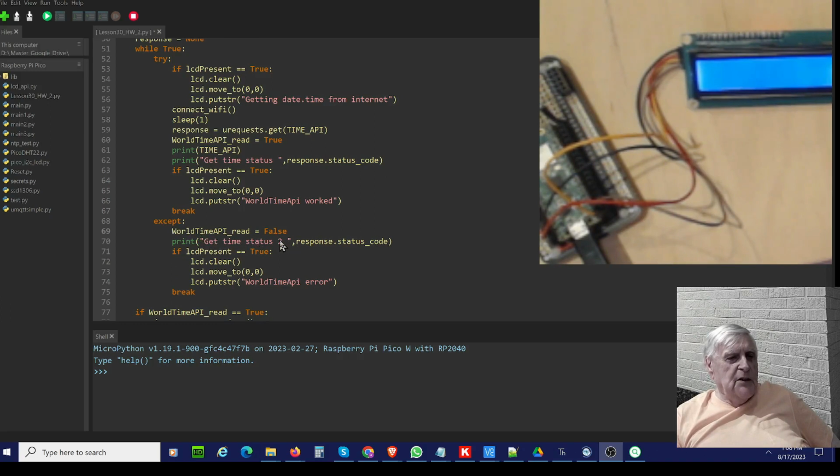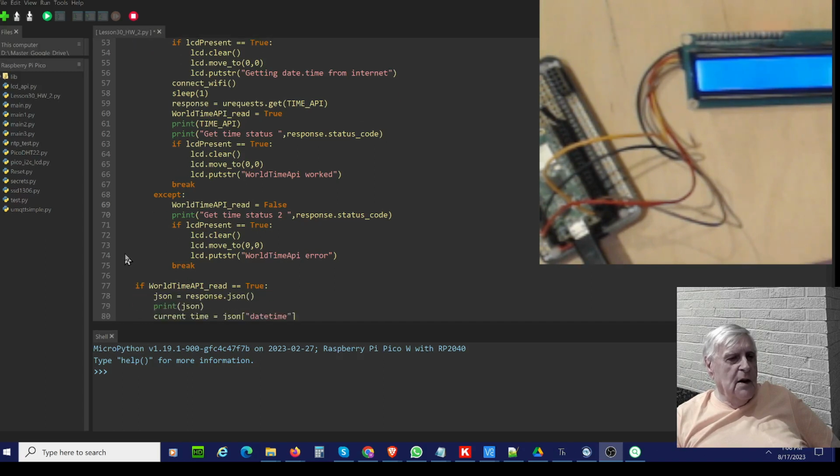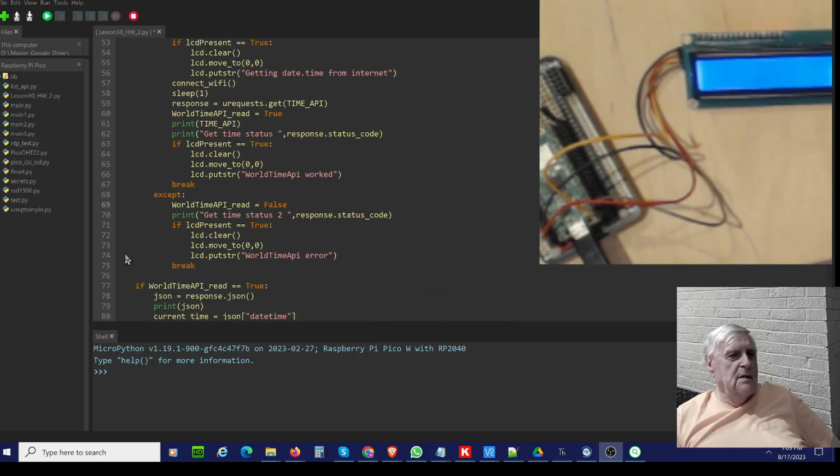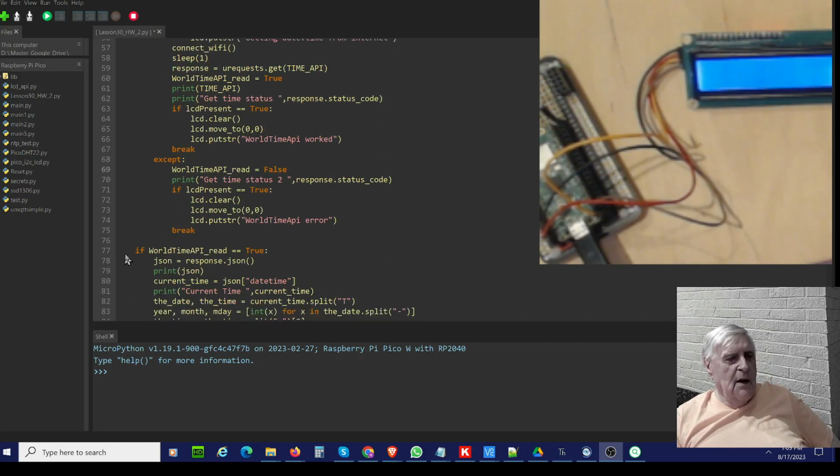If we had an error, I'll print a message that we had an error status, which is 2, and the response code. And I'll also print out a message that we had an error on the LCD display and break out of the try. Now, if we didn't break out of this try thing, we will